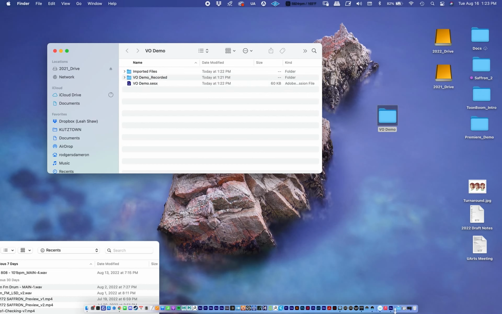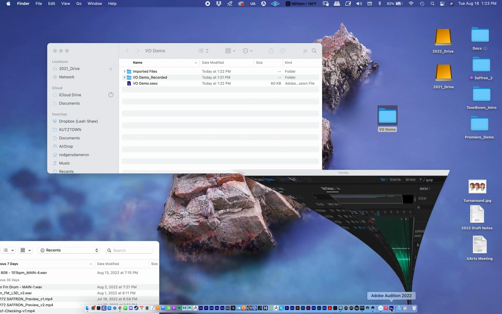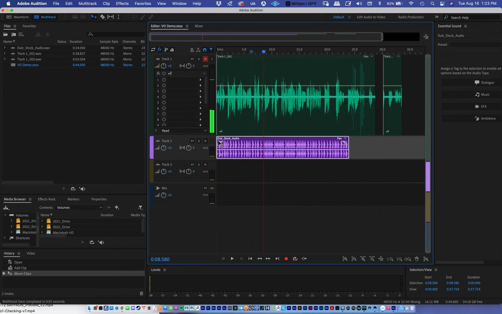All right, so I'll go back to Adobe Audition, and I'm going to mute this music track just by clicking mute right there. And let's talk about some audio editing right here. So let's say, for instance,